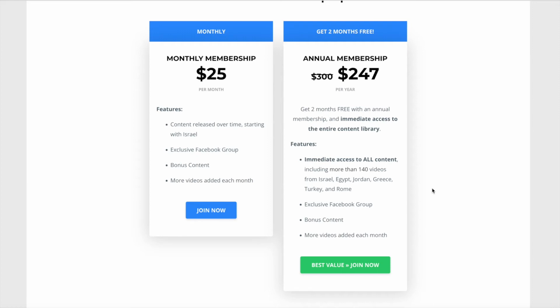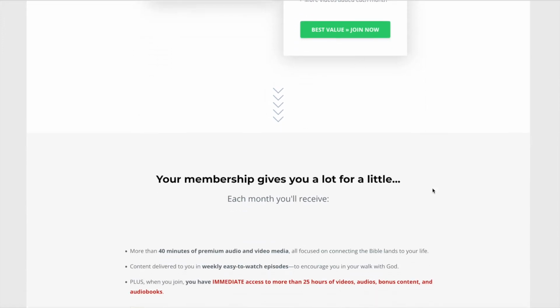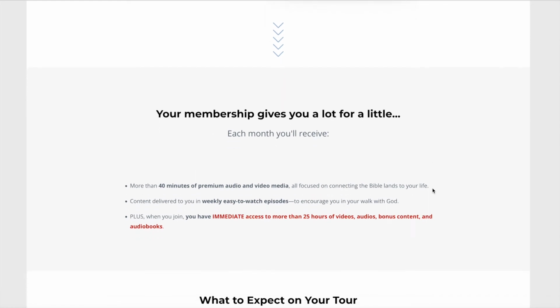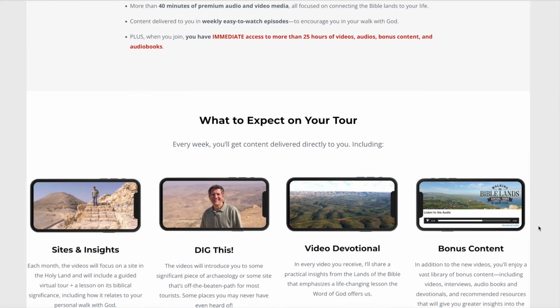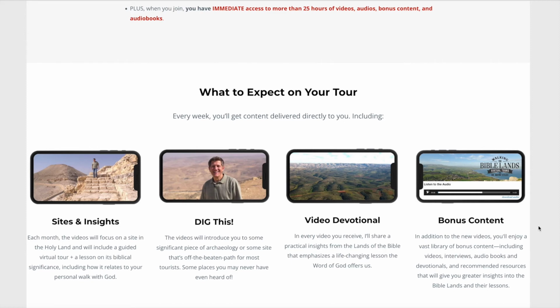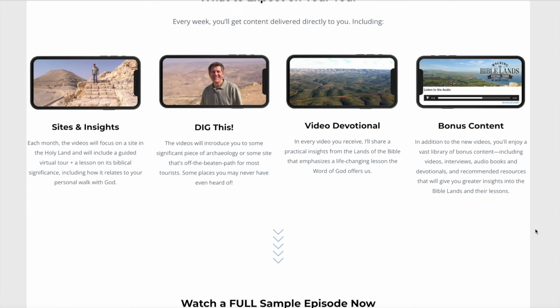So say for instance, you have Israel, where you can check out the tomb of Jesus, the resurrection, or the pyramids. You can see the Jordan River. So if you have never had an opportunity to go to Israel or to Greece or Rome, this site will take you on virtual tours of different places that we have studied in the Bible, and gives a little bit more detail about the historical, archaeological, and how it relates to our lives today.